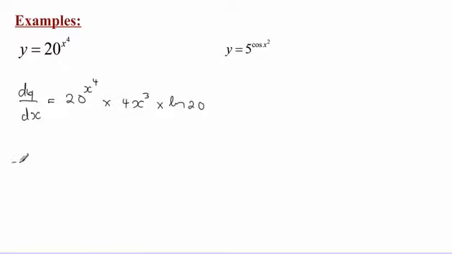Then what is left here is for us to simplify and write this nicely as 4x cubed multiplied by 20 to the power x to the power 4 multiplied by ln of the base, which is 20,